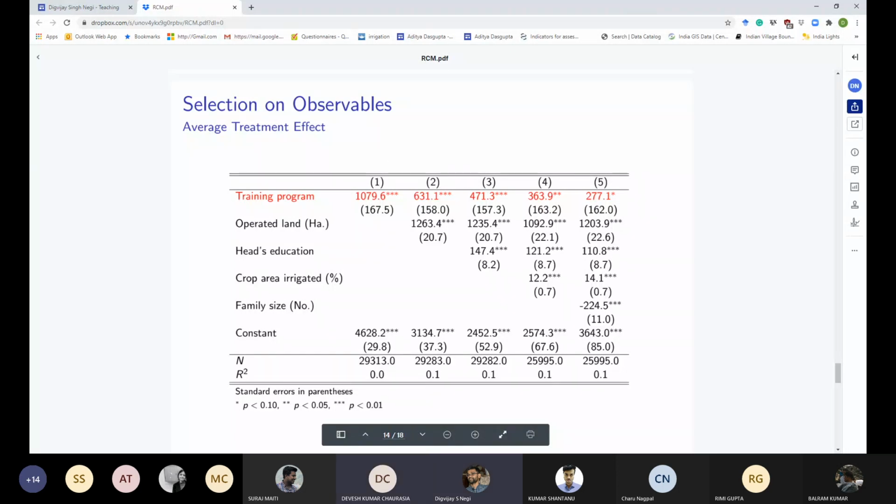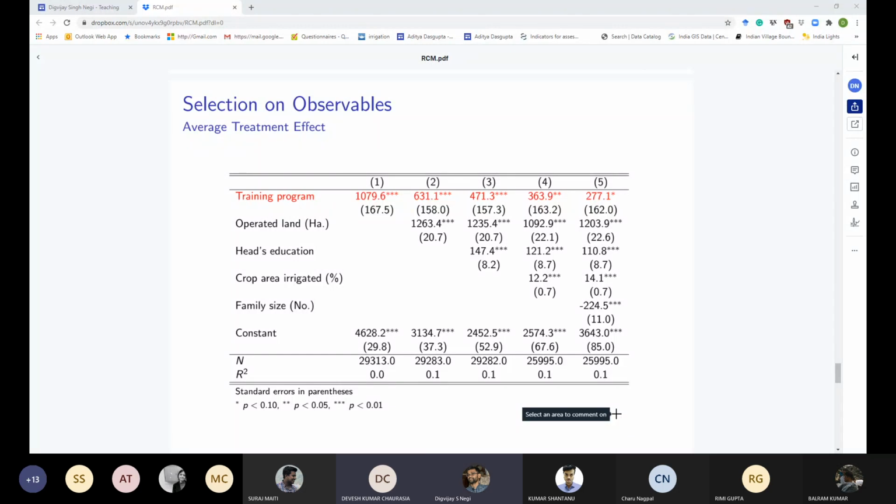Sir, although all these variables are statistically significant at 99%, we are getting R square to be very low. In the first model, we are getting it 0, and in the rest of the models. So can we conclude based on this R square, whatever conclusion that you have made?